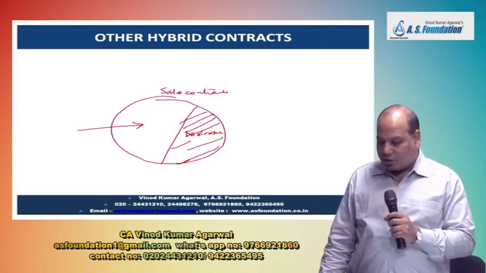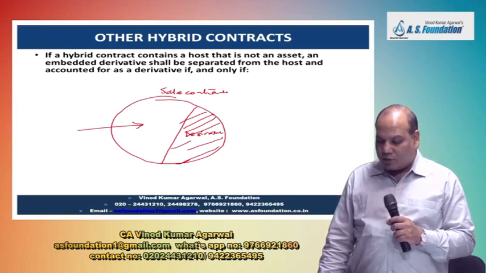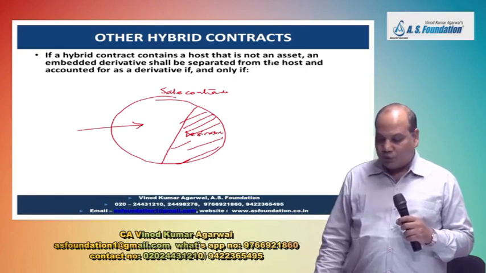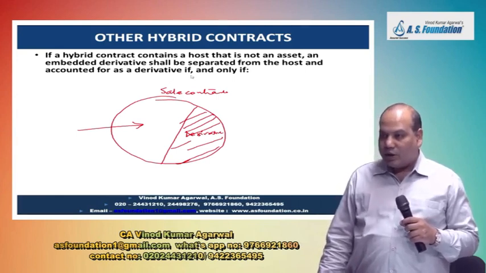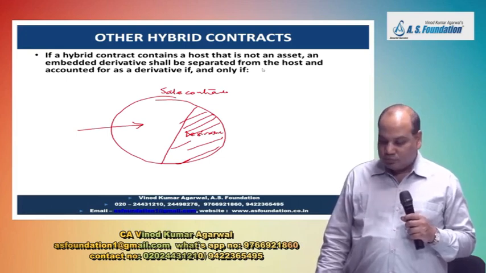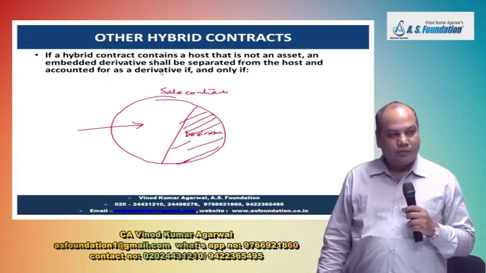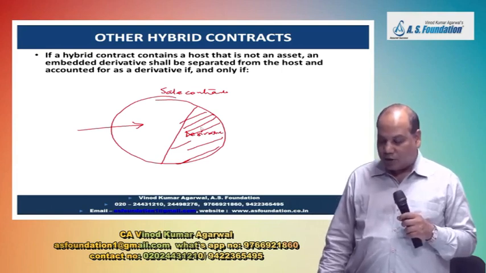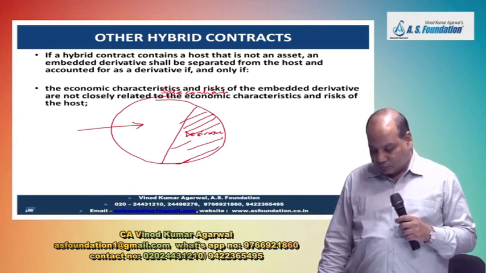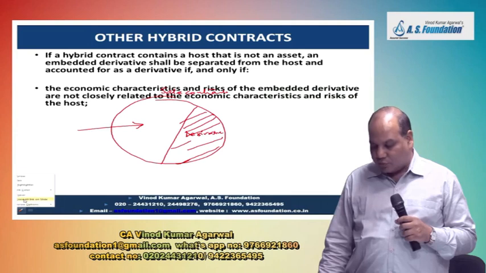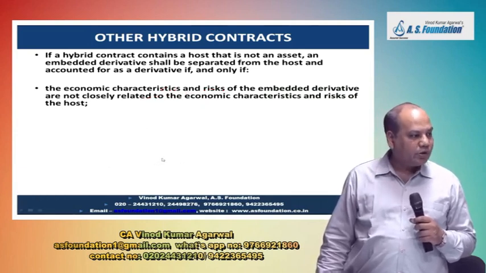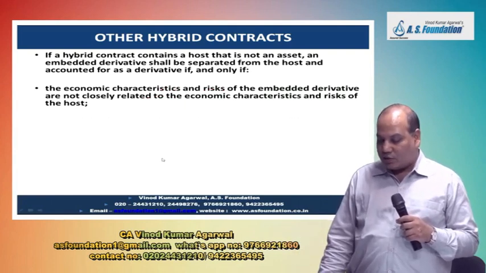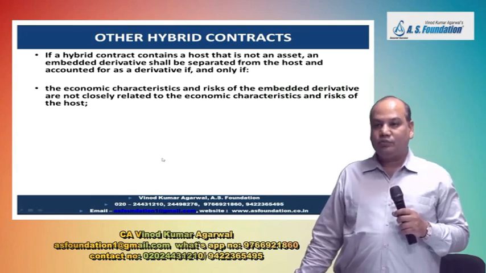Okay, so if the hybrid contract contains a host that is not an asset as per this standard, not a financial asset, the embedded derivative will be separated from the host and accounted for as a derivative. So this portion will be separated and accounted like a derivative if and only if. What are the conditions when you have to separate them? What is the situation when you will separate them? So there are three conditions. If all three conditions are satisfied, then